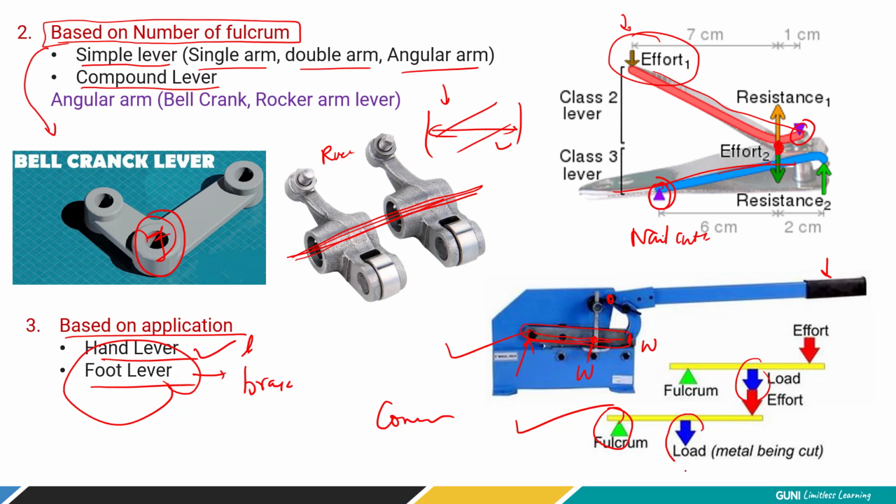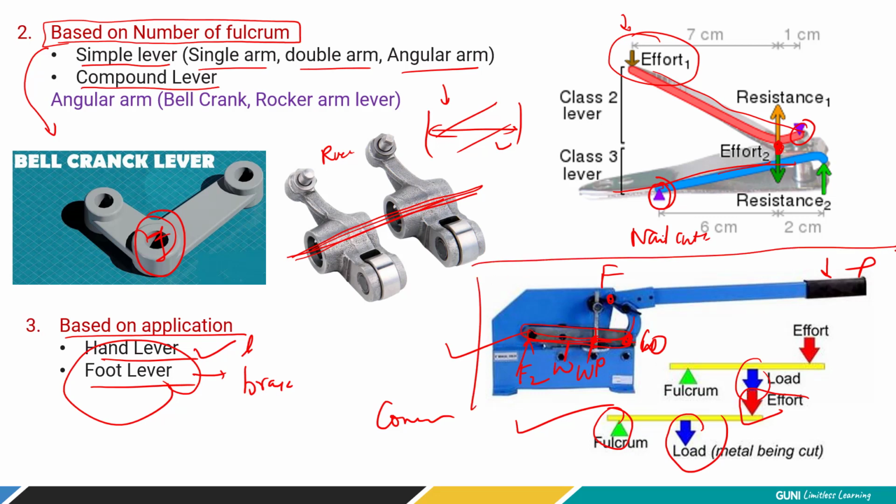So here what we have is the load becomes the effort now. हम यहाँ पे जो कर रहे हैं तो यहाँ से हमने एफर्ट अप्लाई किया, ये फुलक्रम है हमारा, ये क्या हो गया? लोड हो गया. वही लोड क्या कर रहा है? It is now getting converted into second, for the second lever it becomes the effort. So that becomes the effort, right? Again this is fulcrum number 2. So here we can easily cut it, right?